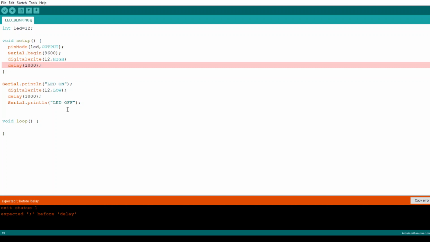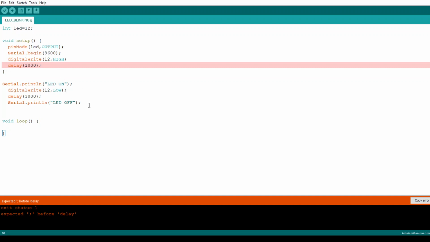Use double quotation marks, because without the double quotation marks the data doesn't show in the serial monitor. So put the line under the double quotations. Here I am putting LED off to be printed also.